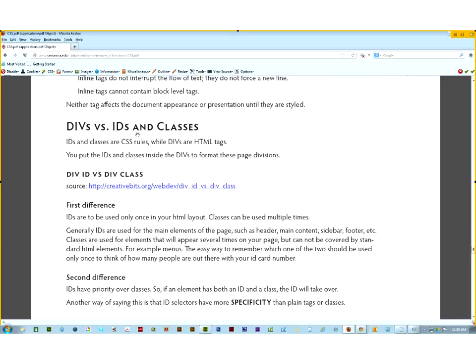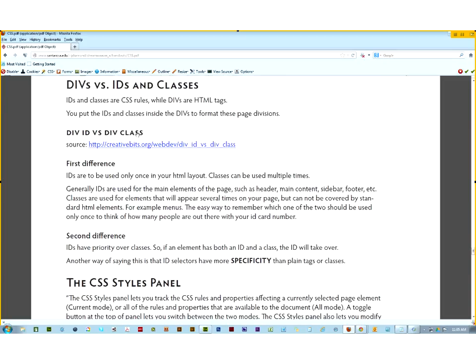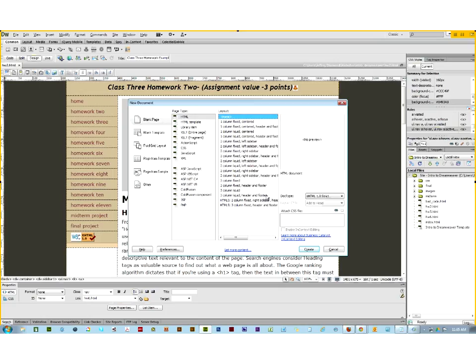Okay? Let's take a quick summary of the divs versus IDs and classes. So IDs and classes are CSS rules, while a div is an HTML tag. You put the IDs and classes inside of the div to format the page. Okay? So keep in mind that you can use as many divs as you want on a page, and basically when you create a page with a bunch of divs, if I created a file from scratch here,